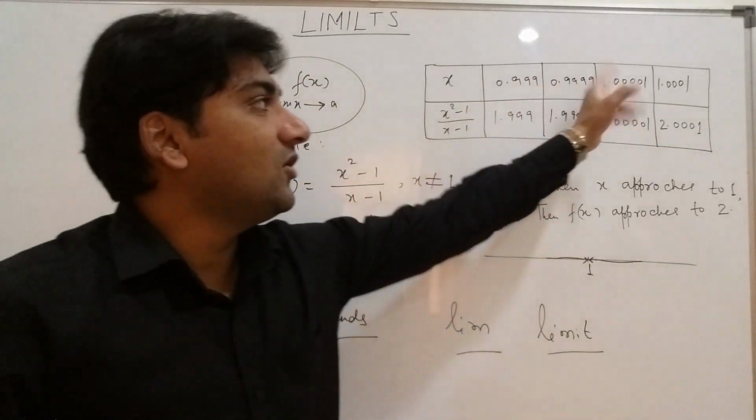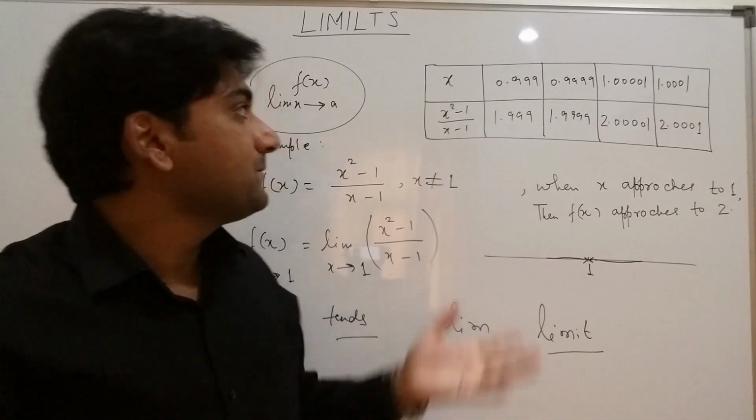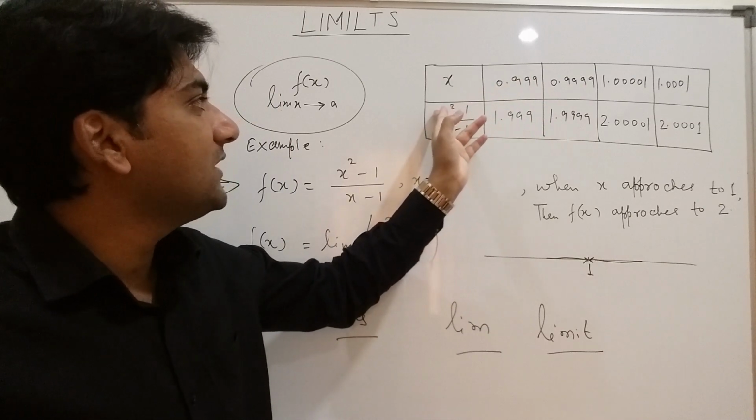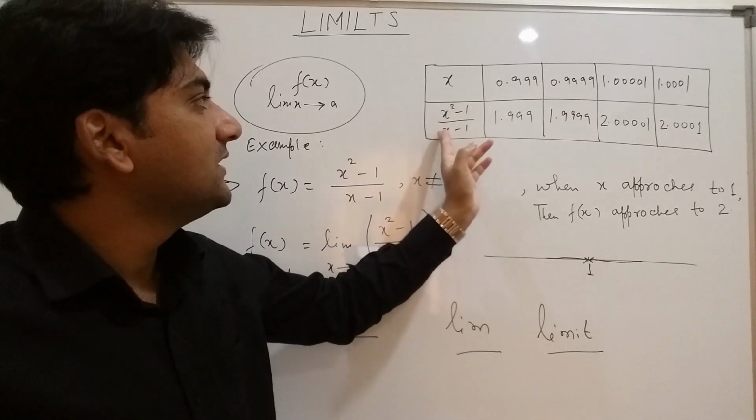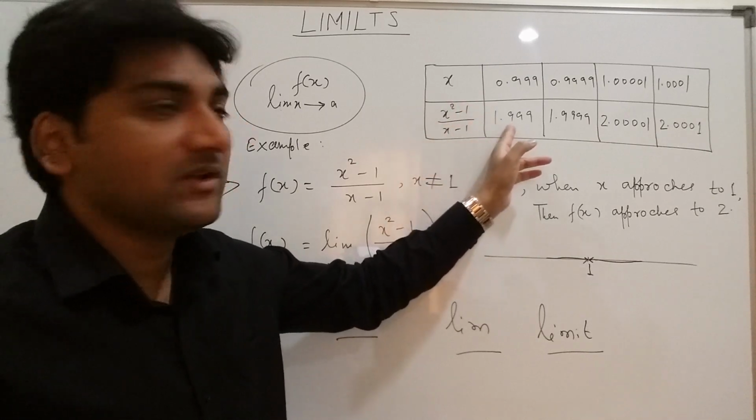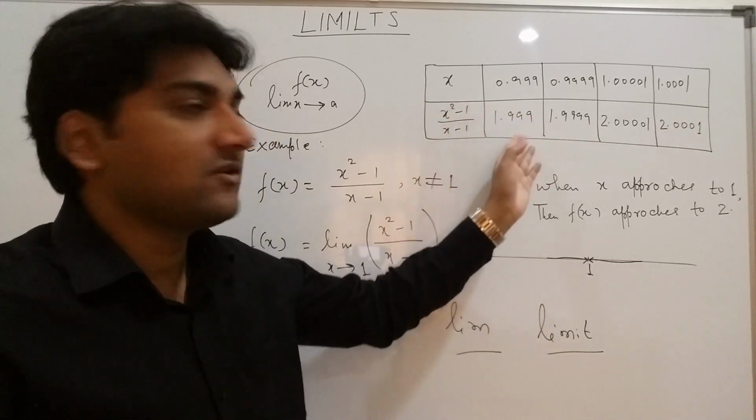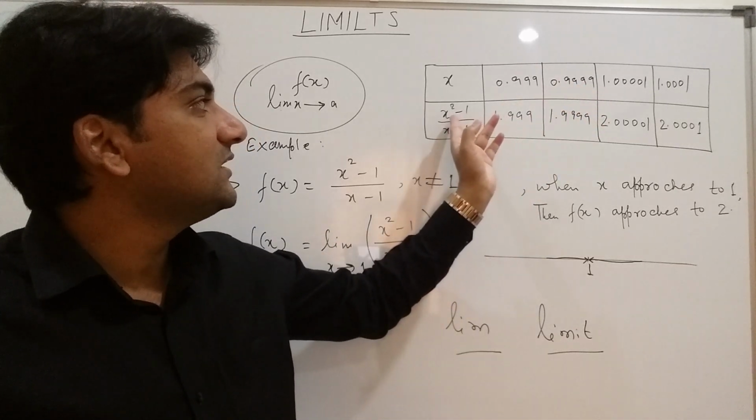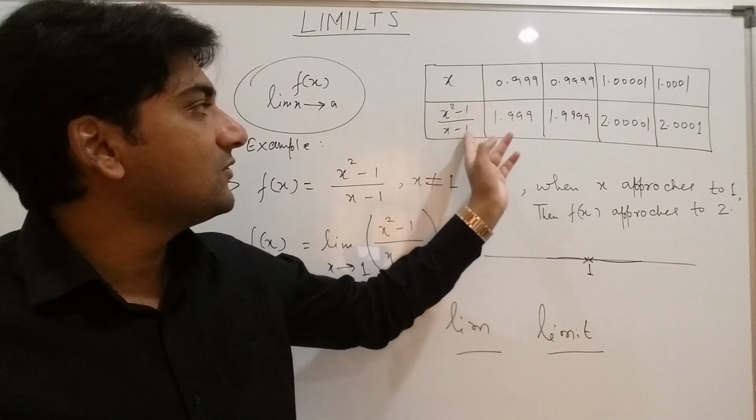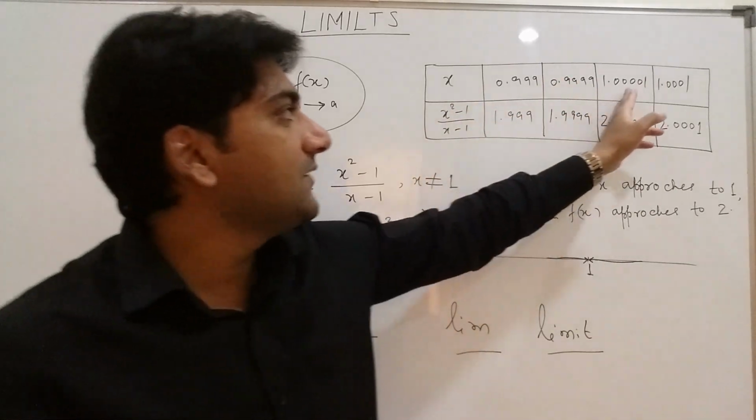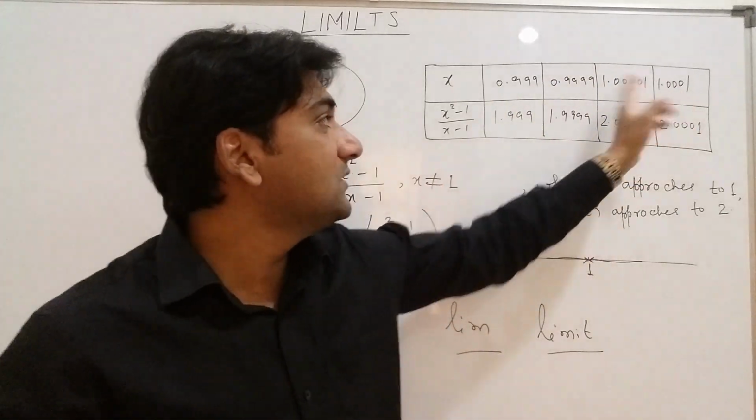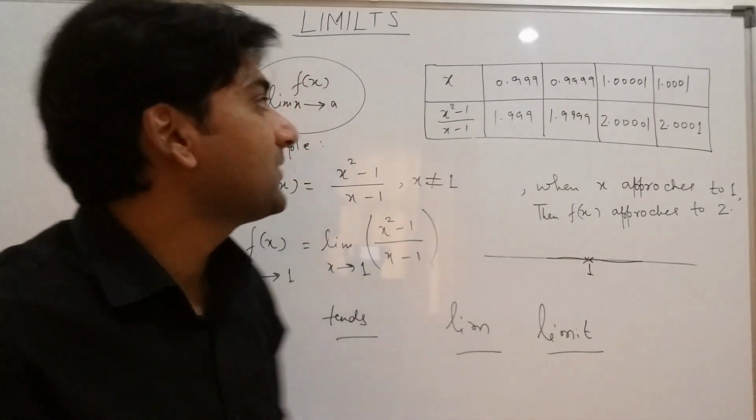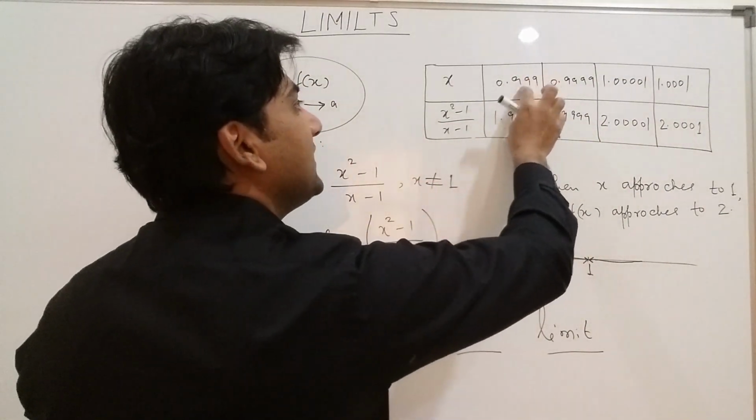So x can be all these values, then accordingly what will be y? When we put x equals 0.999 here, it will be (0.999² − 1)/(0.999 − 1). You will get this using a calculator. No need to calculate manually, you can use a calculator. Again you can put this value over here, then (0.9999² − 1)/(0.9999 − 1), and you will get this one. If you put this value over here, you will get this. Now let us understand all these values. When we substitute 0.999, we get